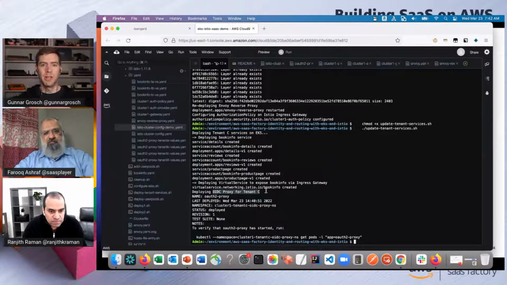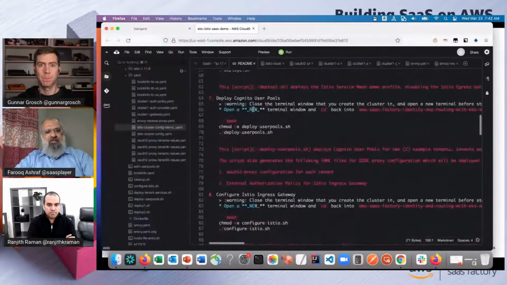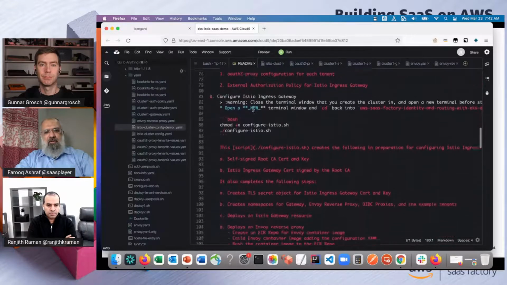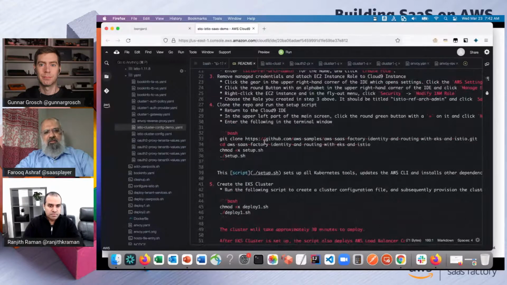So you mentioned earlier that the GitHub repo isn't publicly available yet, but can you still show what it would look like if anyone would want to use it? Where do they start and so on? Exactly. So we can. All the information is here in the README file. When the repo is made available, it will look something like this. It'll be github.com. You can do a git clone, and you will be able to basically get everything that's in that repo.